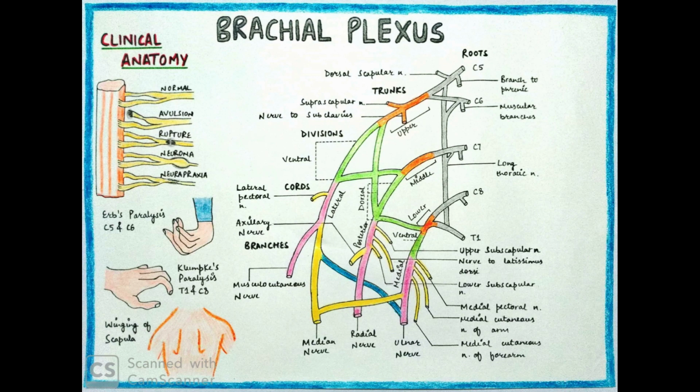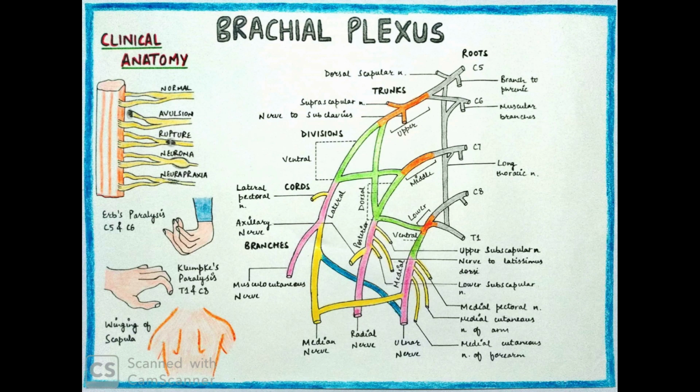It is a network or plexus of nerves formed by the anterior rami of the cervical nerves and the thoracic nerve. The cervical nerves include C5, C6, C7 and C8, and the thoracic nerve is a single T1. This plexus extends from the spinal cord to the armpit. The plexus is divided into roots, trunks, divisions, cords and branches. There are 5 roots, 3 trunks, 6 divisions, 3 anterior and 3 posterior, 3 cords and 5 terminal branches, and